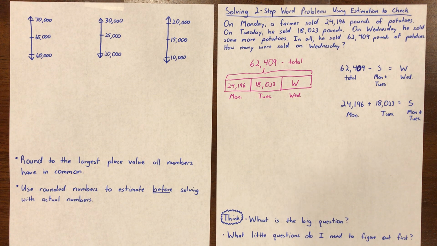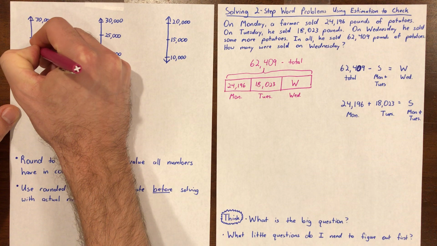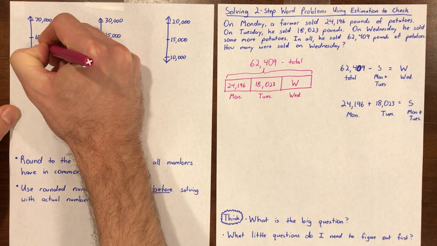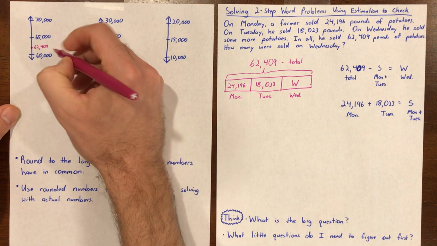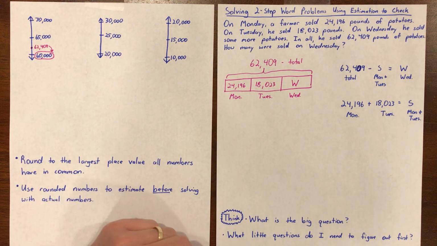So 62,409. What is that going to be closest to? 60,000 or 70,000? Say it out loud. Yeah, 60,000, right? Because 62,409 would go about there on the number line, and that is closest to 60,000. Okay. And what about